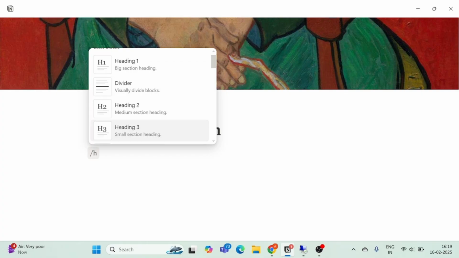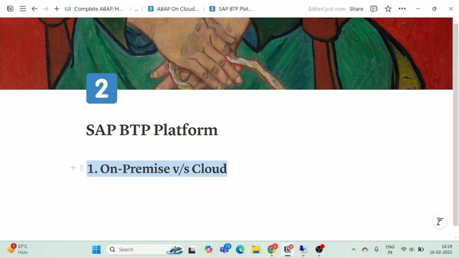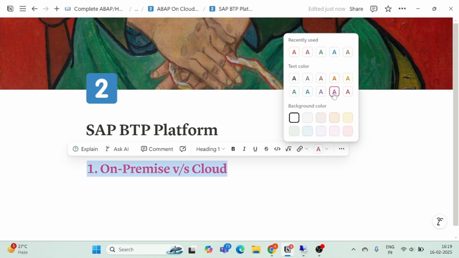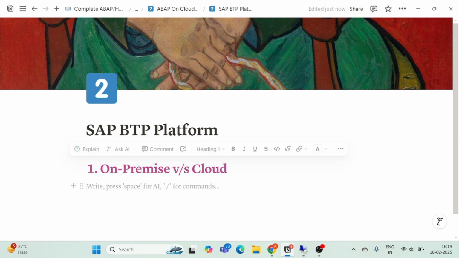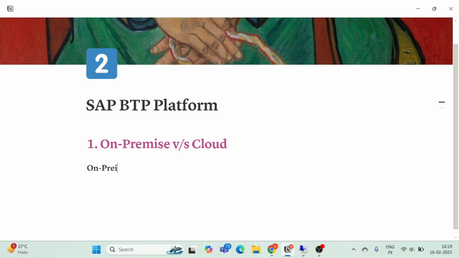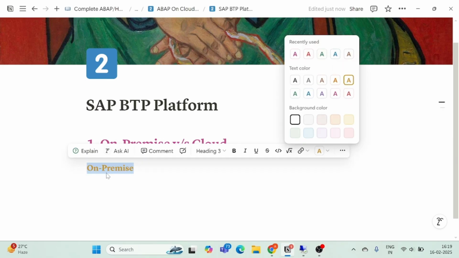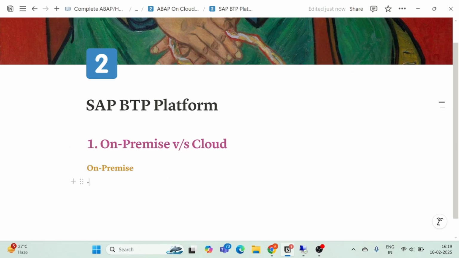So what is on-premise and what is cloud? On-premise system versus cloud system. First of all, what is on-premise? Let's see that part, then we will move on to the next part. Now if we talk about our on-premise system, what we will see is,